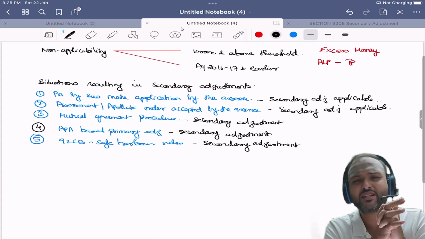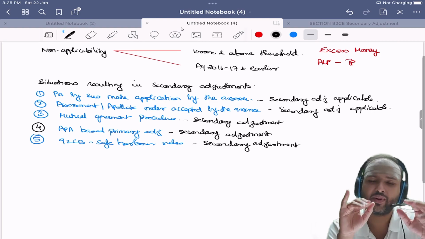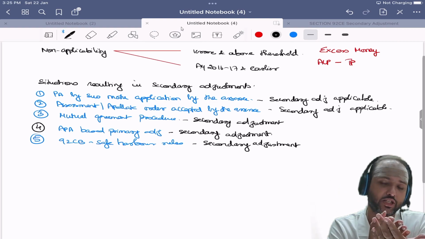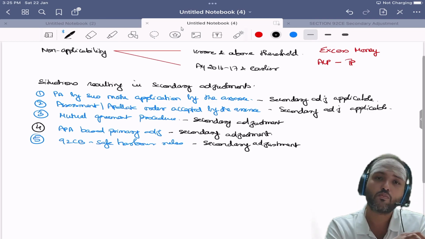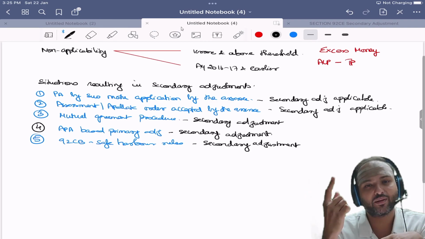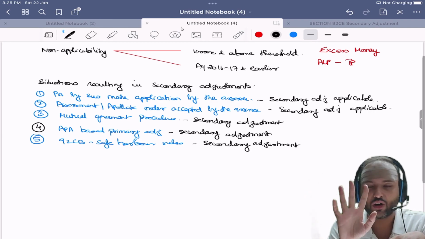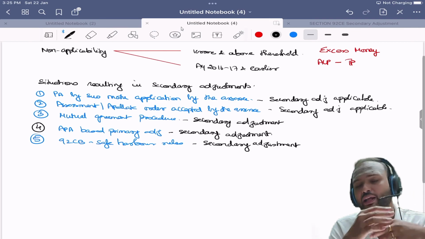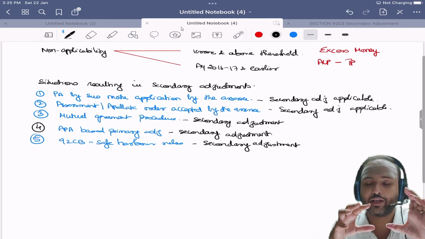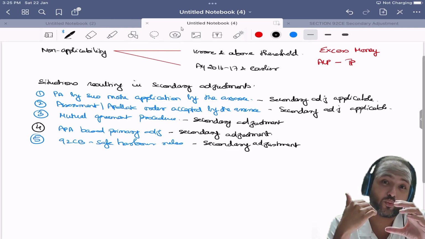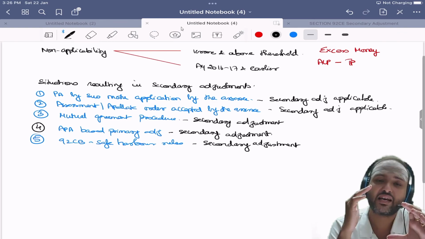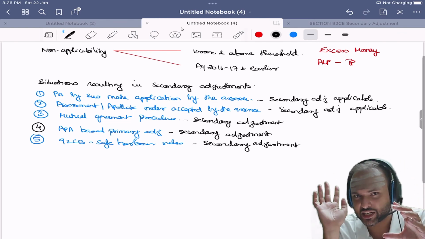So, what have we seen so far? What is primary adjustment? Arm's length price minus transactional price. If there is any gap, that is called primary adjustment. What is secondary adjustment? Booking this primary adjustment into the books of accounts and recovering the money from the associated enterprise is called secondary adjustment. Then what else have we seen? What is called excess money. Excess money is an important terminology. Whenever we do problems, you'll understand why I keep stressing this term. Excess money is also known as the excess of arm's length price over the transactional price.